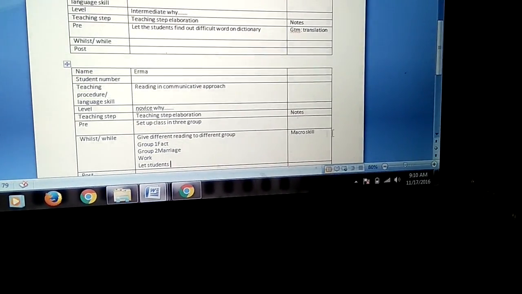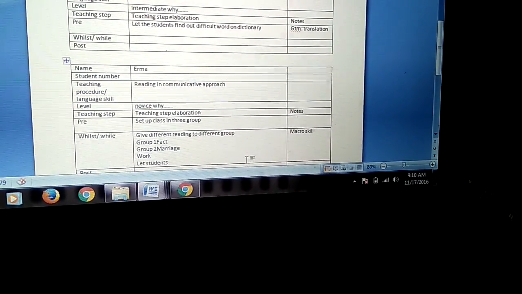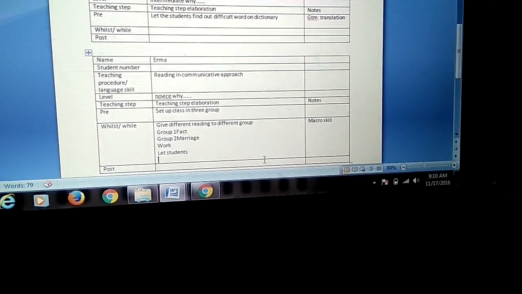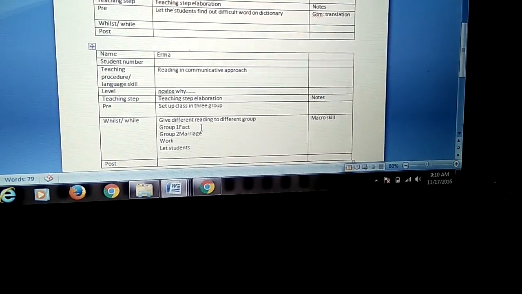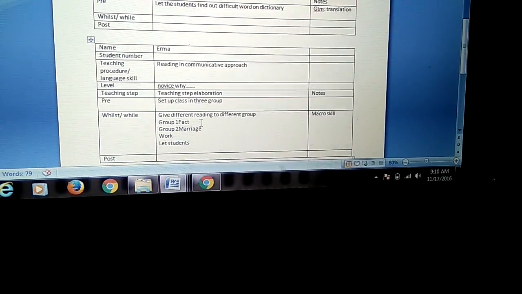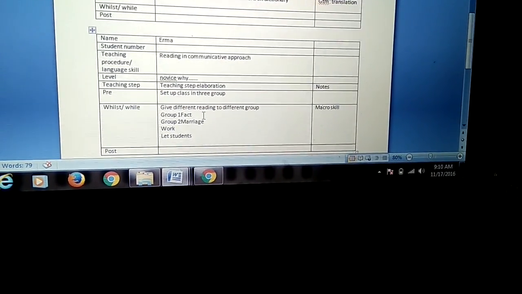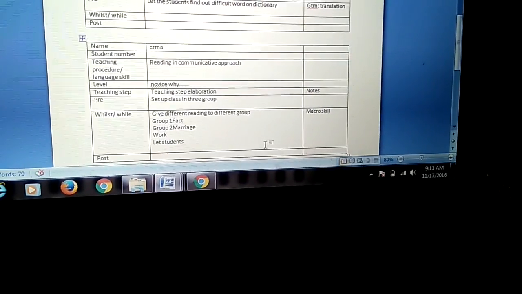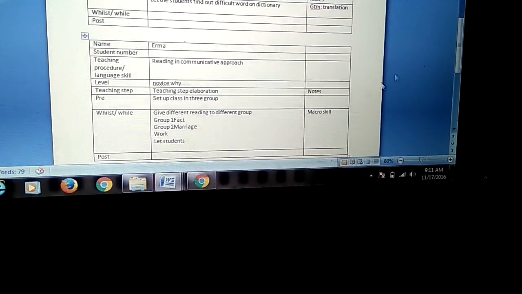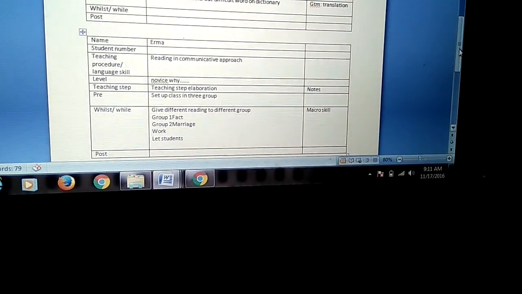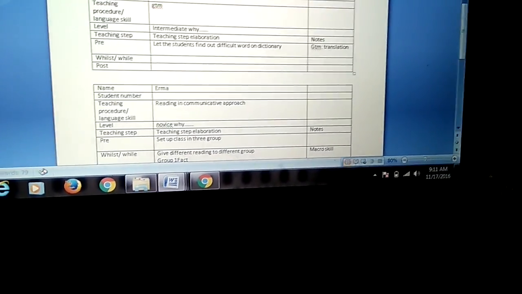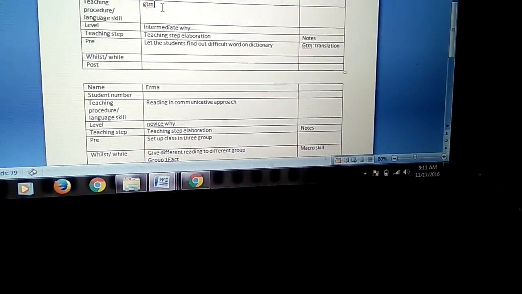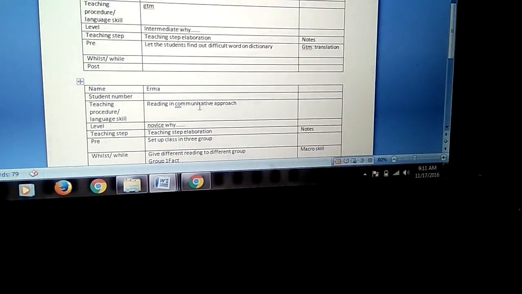So it is going to be macro skill. Whenever you have micro skill, for example, let the students find out the year when Shakespeare had his first play. It is going to be micro. Okay, so for here the conclusion is you're going to have 2 tables. The first is the first GTM, audiolingual or triple P, and then the second table